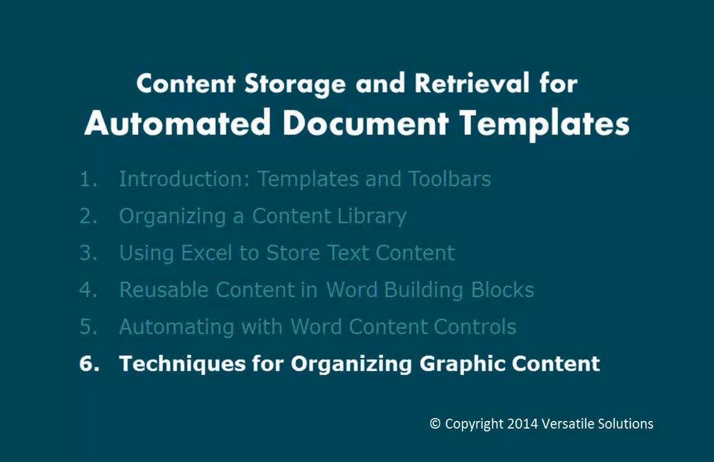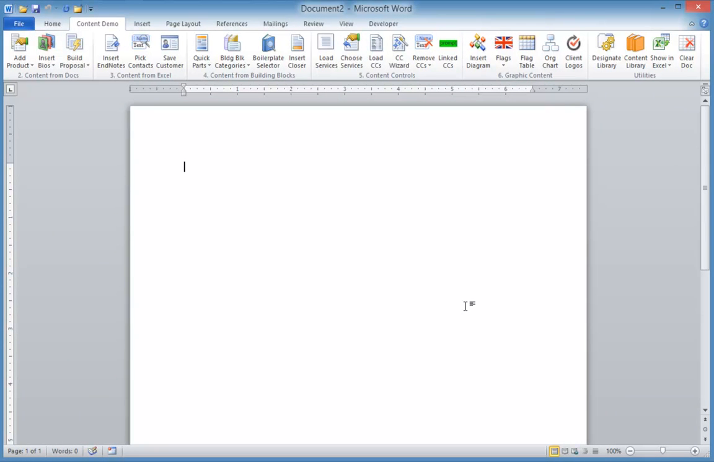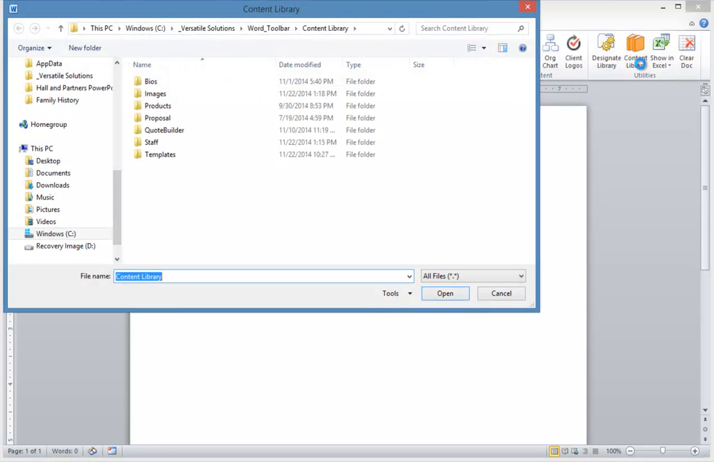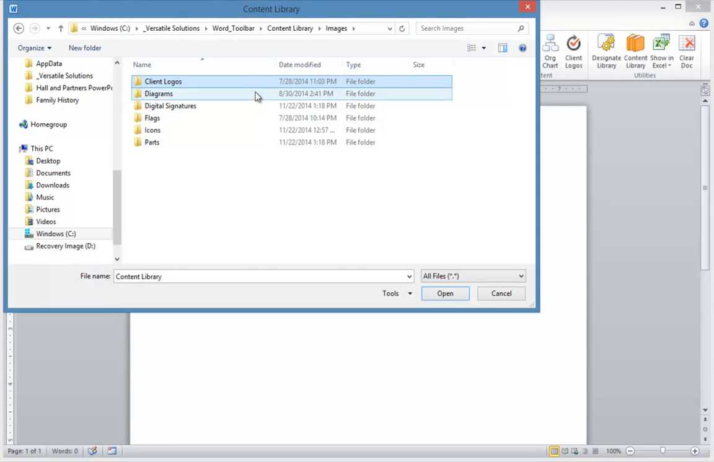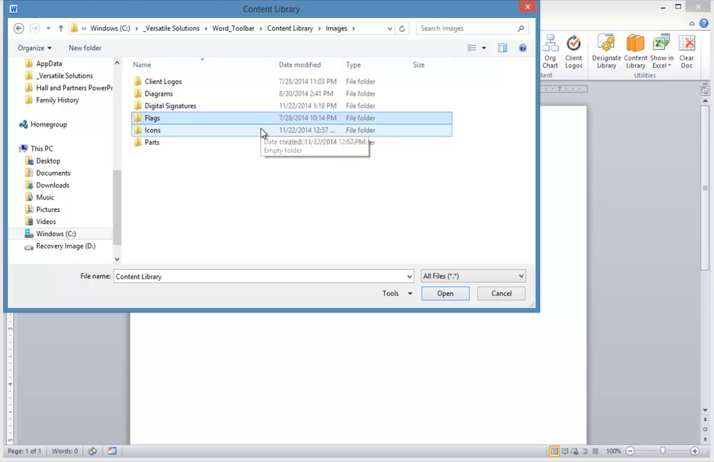In this last video, I want to talk about storing and retrieving graphics. When I say graphics, I'm including pictures, illustrations, drawings, diagrams, company logos, icons, etc. The simplest method uses a content library structure, like I talked about in the second video. The individual graphic files, such as JPEGs or PNG files, are stored inside folders in a content library, and we